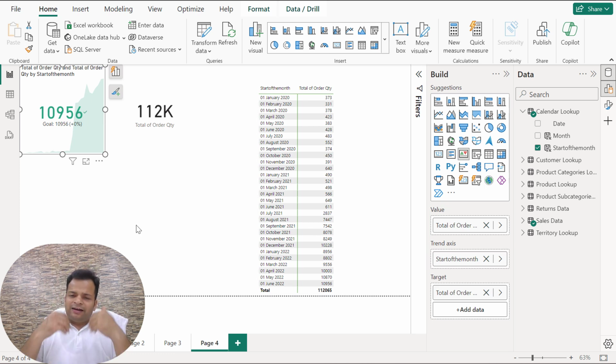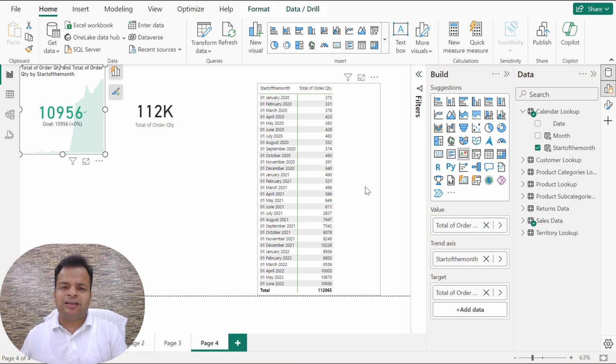If you have, let's say, two columns, actual and budget, you can simply compare them. You don't need to switch the values. Since you have actual and budget, you can simply add actuals in the trend, and you can add target with the budgets. Then it is going to show you this KPI card. But in the previous month, how can we do that? In the previous month comparison, we need to add a measure manually.